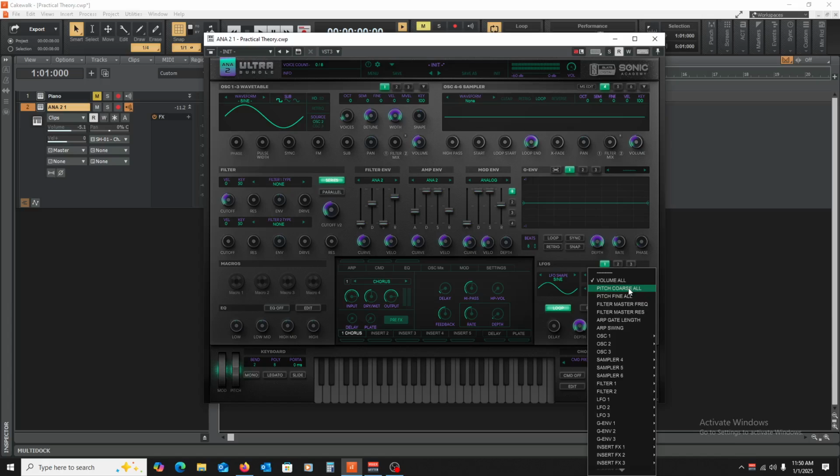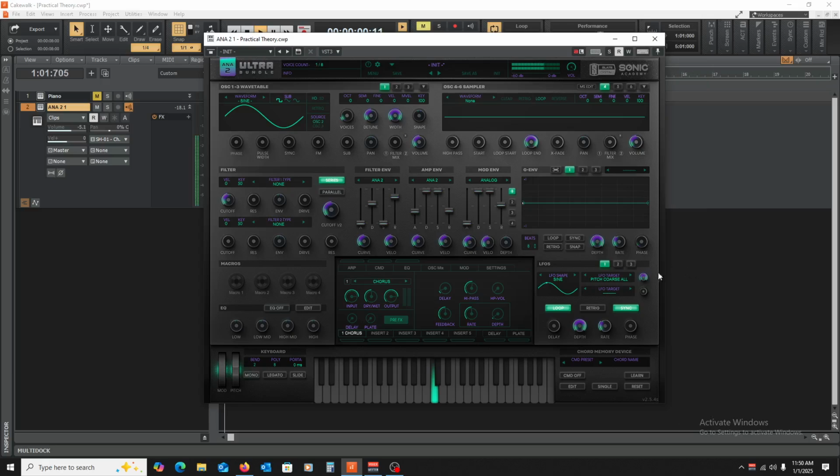We can make it so that it does the pitch. So as it goes, the pitch is going to go up and down at a determined rate. So this might sound a little wonky, but